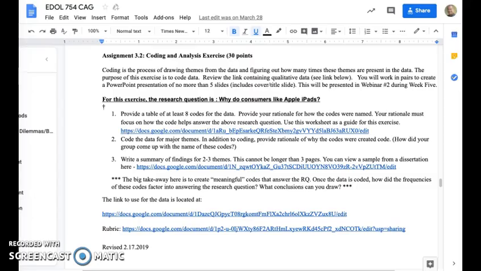So now that you have coded your data in 755, it's time to put together the summary of findings. And I would like to draw your attention to the course at a glance from the last course, 754. And there are some Google Docs there that are extremely helpful. The first one is this document here, which is the sample summary of findings. And if you click on that,